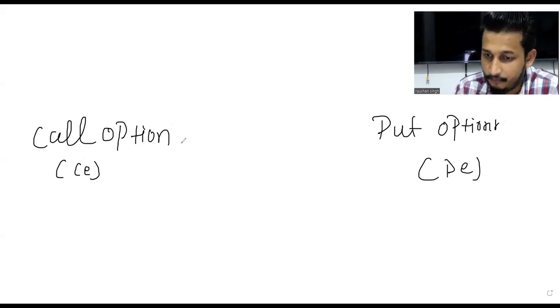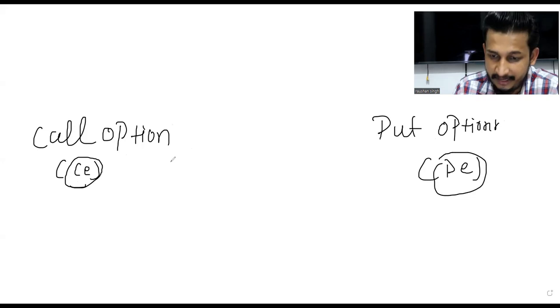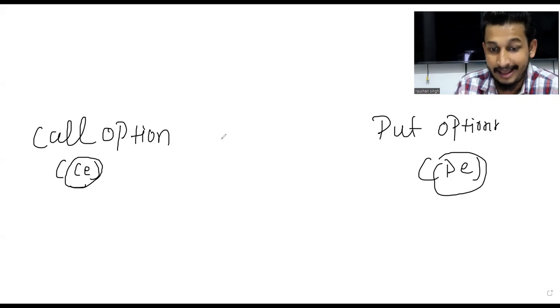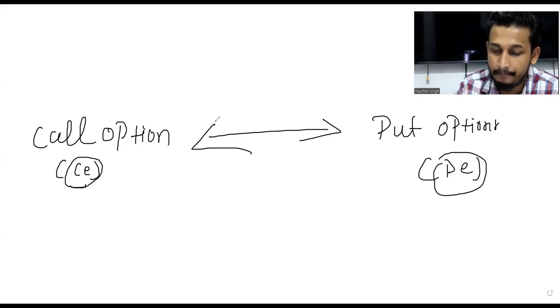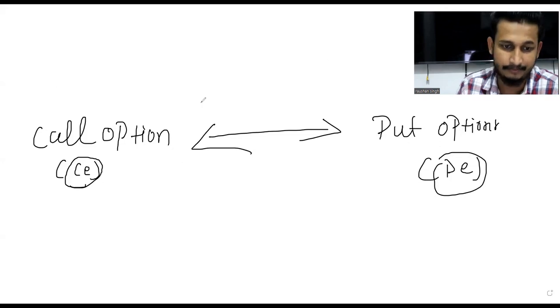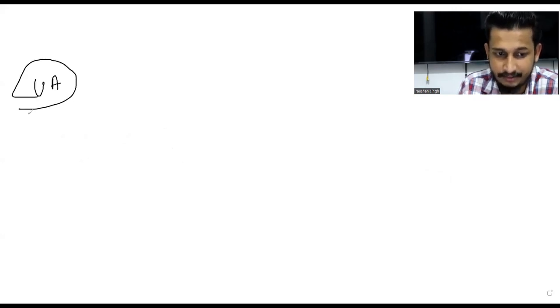ठीक है, now just call options and put options. Call options को हम लोग सीई बोलते हैं, we call call option as CE and put option as PE. The movement of call options and put options is completely dependent on its underlying assets. इन दोनों का मूवमेंट जो है वो completely dependent है उसके underlying assets पे, and they will be doing exactly opposite of each other. ठीक है, ये लोग एक दूसरे के एग्जैक्टली अपोजिट करते हैं, ठीक है। So let's say I will be considering Bank Nifty as the base to make you understand the options, ठीक है। तो यहाँ पे मान के चल लो, let's understand underlying assets, we are having Bank Nifty,